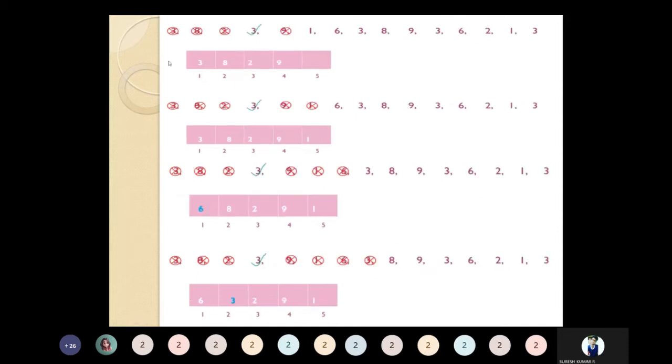Second, I will look at the next page, 9. When I look at the 5 page slots, the 9 is not present in main memory, so I will place it in the fourth slot. The fourth is empty, so in the fourth slot I will place the ninth page. Next, I look at the next one, 1. So 1 is also not available, so I will place it in the fifth slot.